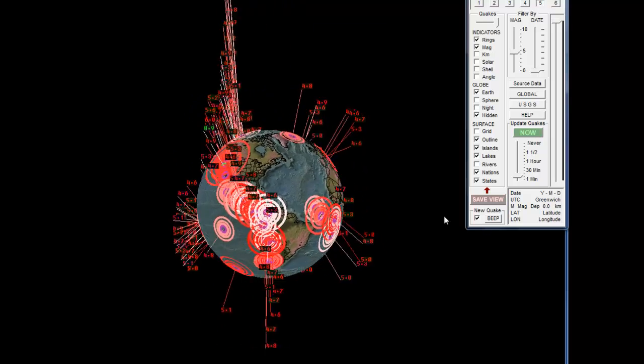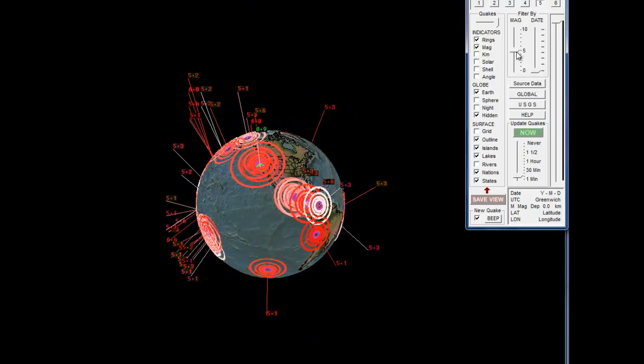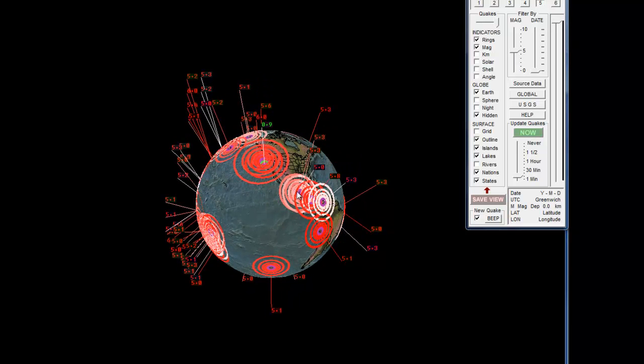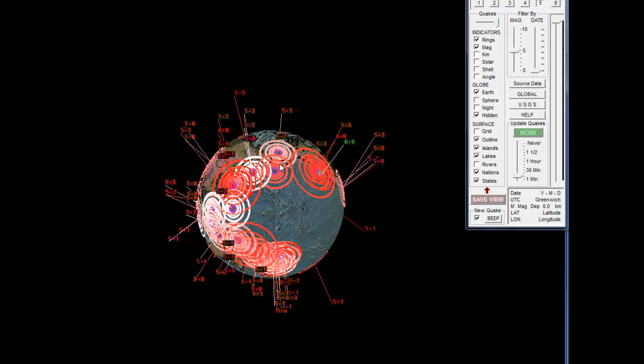Okay, now we're going to go ahead and move into the 5.0 range and above, and that'll significantly drop everything. And as you can see, this is a hazard area. I mean, it holds a lot of potential for a significant snap. It's lots of 5.0s, and remember, when you hit the 5.0, you can have major spikes. Another area of activity is the Aleutian Islands. Now, of course, Japan, Indonesia, Fiji, all New Zealand, all this area, it's always under the threat of a 6.4